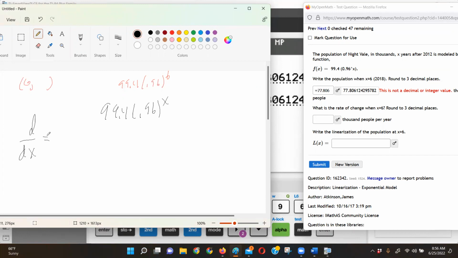the derivative of a to the u is a to the u times the derivative of u with respect to x times the natural log of the base. Okay, so for this one, of course, 99.4 is just a multiple, right? So a constant. So we can just bring that along for the ride. So 99.4 times 0.96 to the x, and then the derivative of x is 1, but then we're going to do the natural log of 0.96 to get the answer. So that's what the derivative is. They're asking me to find that